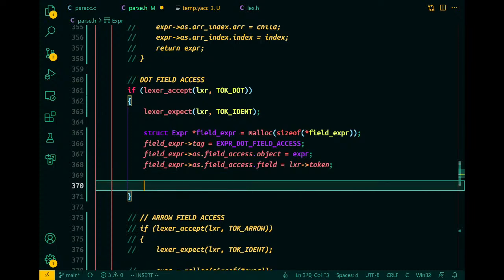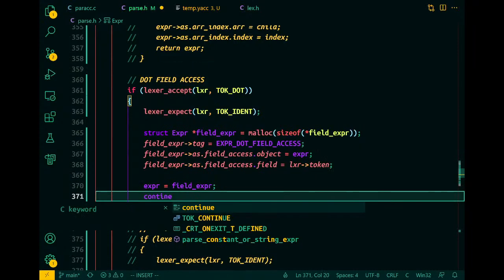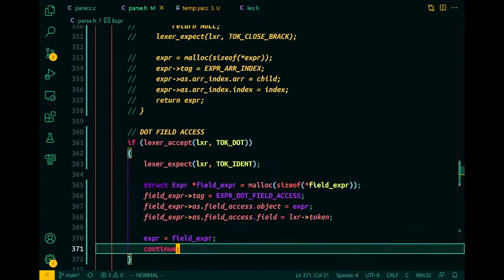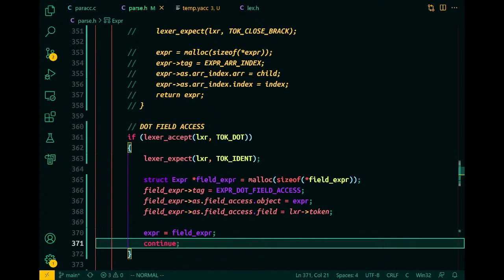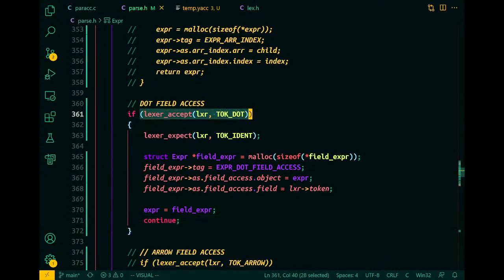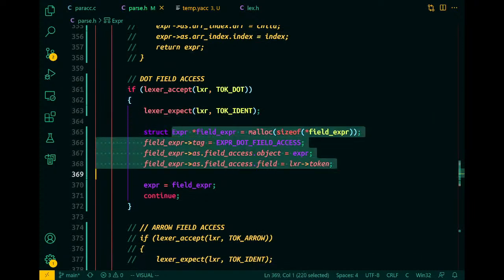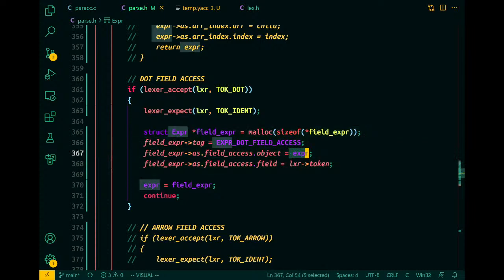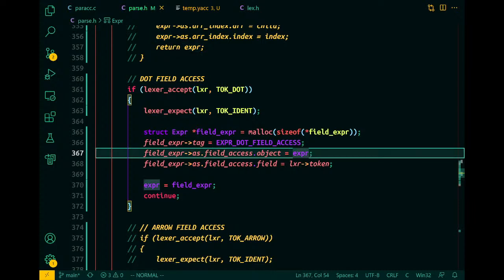So this is where things change. I believe what we need to do is we need to say expr is equal to field expr. And then continue. So continue the loop. We go back to the top. So on our next pass through the loop, if we can parse another dot, then we need to expect another token, and we'll do this again using the previously set value for expr, and we keep building up this chain, this deeper and deeper nested object,